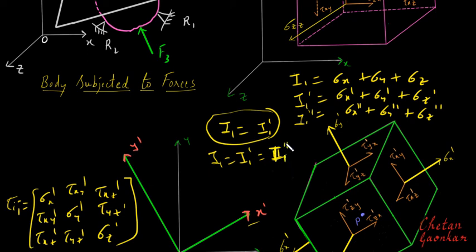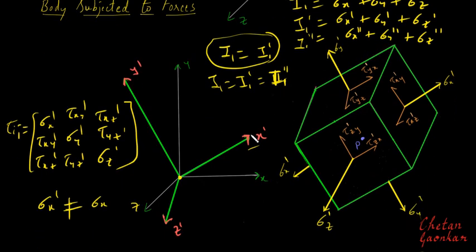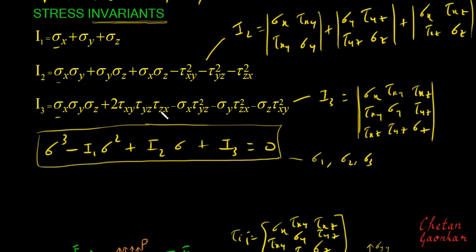Now, similarly, there will be two more quantities which will not change as we change the frame of reference, and those other two quantities are nothing but the second and third invariant. So I1 is called the first stress invariant, I2 is called the second stress invariant, and I3 is called